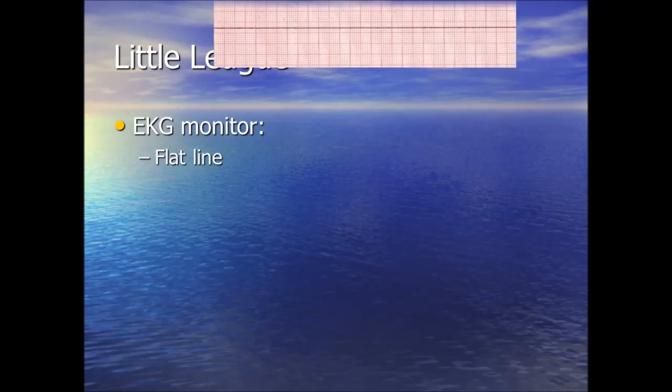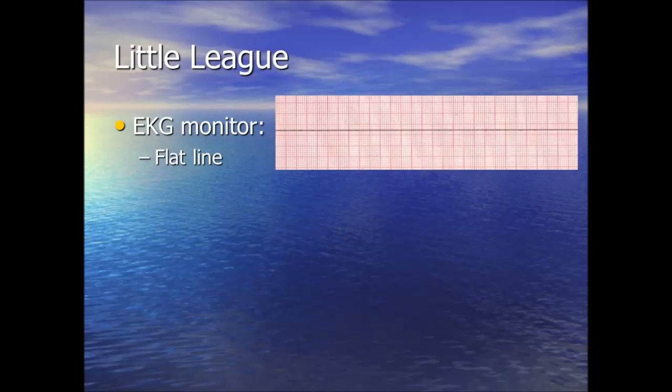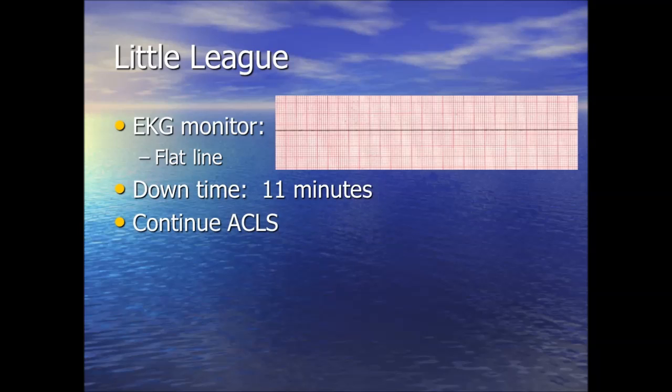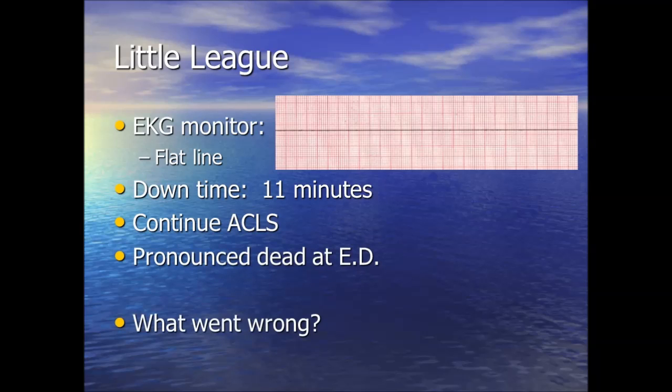So when we looked at him, and when ALS got there, this was the rhythm that they saw. There's no electrical activity. So they continued ACLS, and ultimately he never survived. And so what went wrong was,